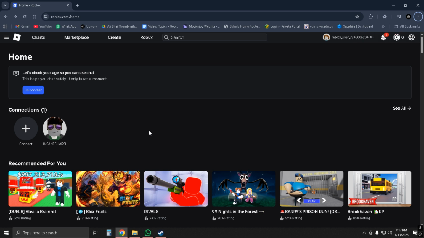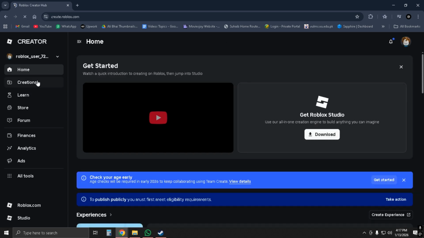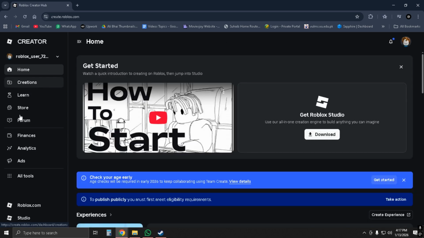In order to do this, what you have to do is open Google Chrome, search for Roblox, and then sign in to your account. Then click on Create, and once you click on Create, it will load up, and you have to click on this button. After this,